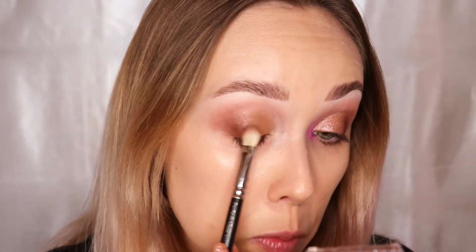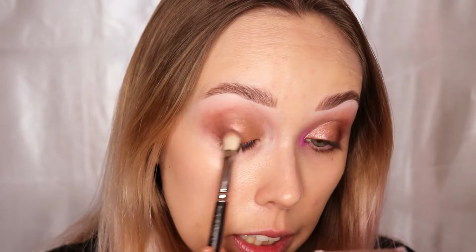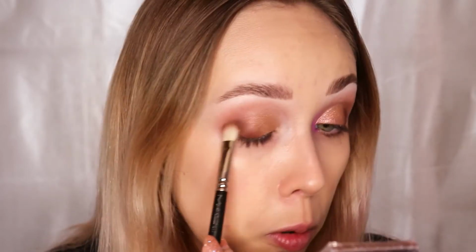There we go. And then from there, it's just like little touch-ups. So I'm taking some more chocolate and kind of blending everything together on the outer corner here. And then using a, what was this? Morphe M562. I'm mixing both of the browns. And then I'm going over top of where I cut the crease just to give a little bit more definition